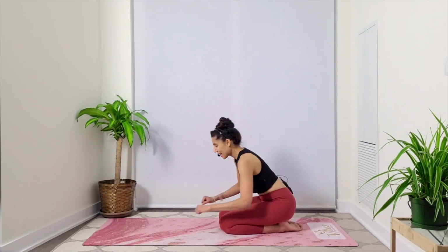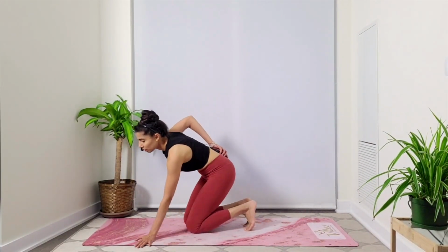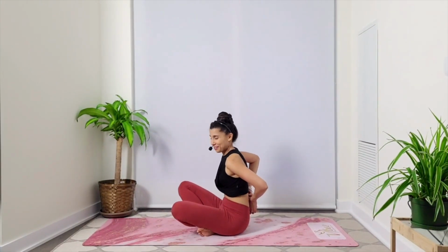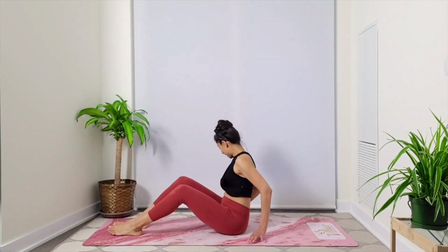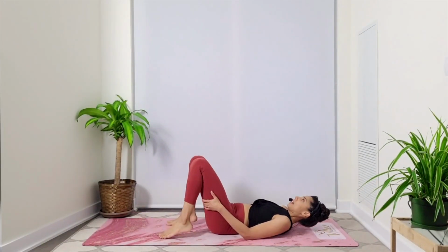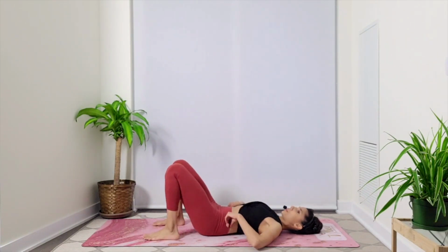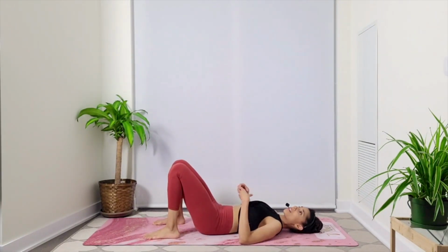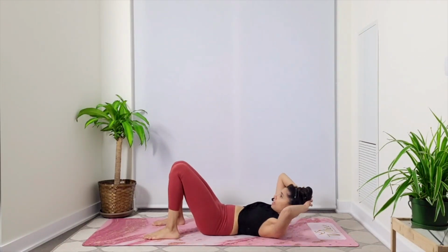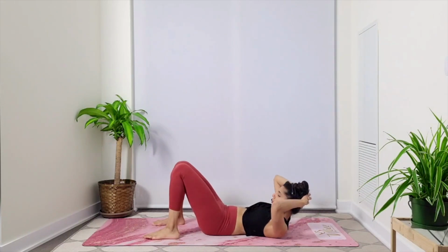Very nice. And we're going to finish off lying down on the back. We'll do a couple of ab exercises and then one for our inner thighs. So please join me in a supine position. Lie down on your back. Nice and easy. Good. From here, first things first, you're going to create some space in your spine. So bring your hands behind your back and take a moment to shuffle your shoulder blades up, creating space in